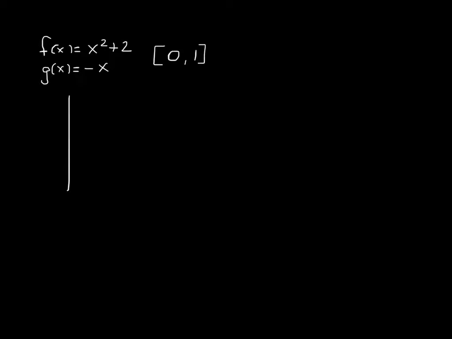So let's start off with f of x quadratic, and let's go with g of x as linear. And we're just going to look at the area on this interval from 0 to 1. So what does this look like? We've got